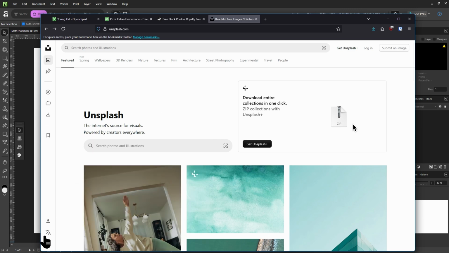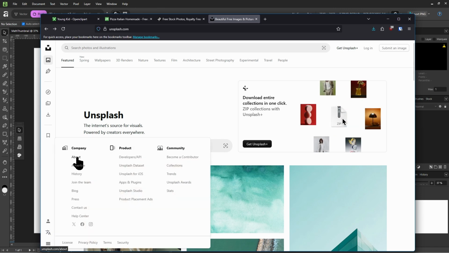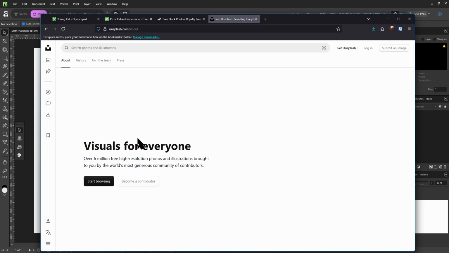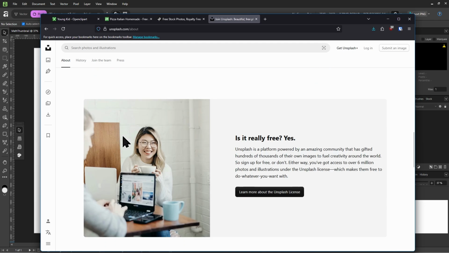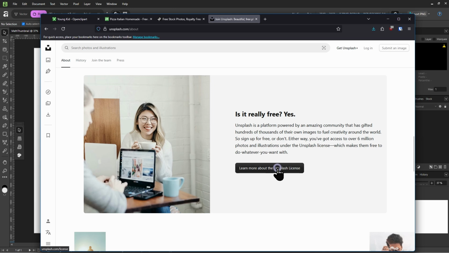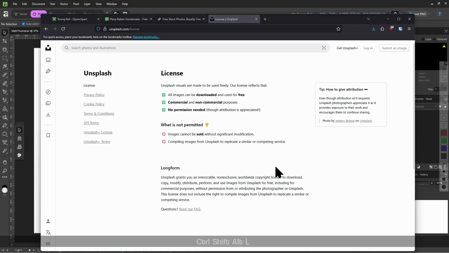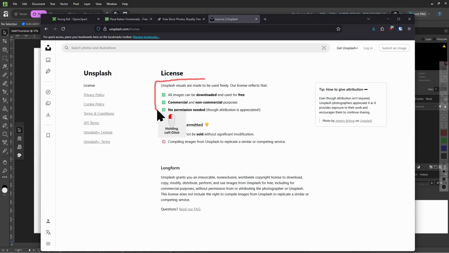So let's just go ahead and try finding the license for Unsplash. Maybe it's in About, yep, it is here, Unsplash license. So Unsplash visuals, which include images, can be downloaded and used for free, commercial, meaning uses that make money, or non-commercial purposes, which is the opposite of that.